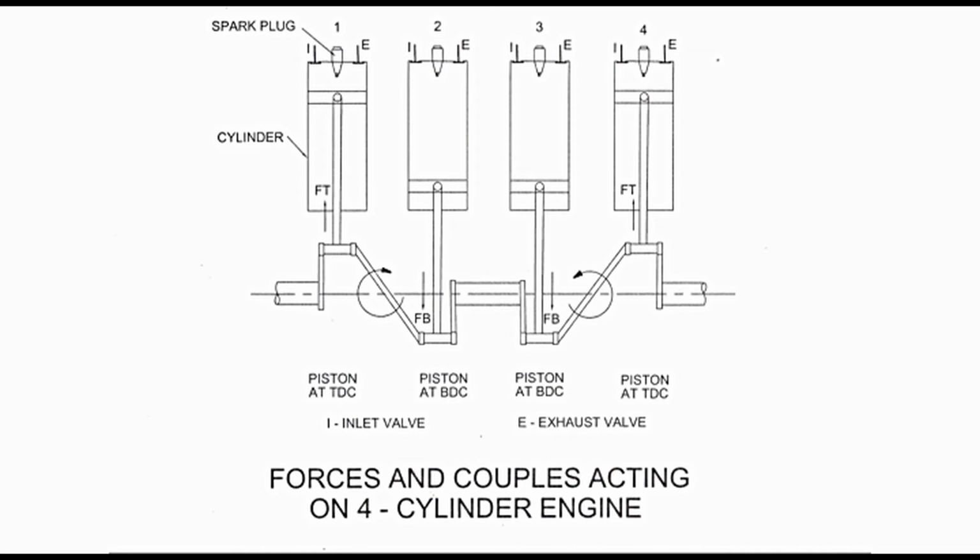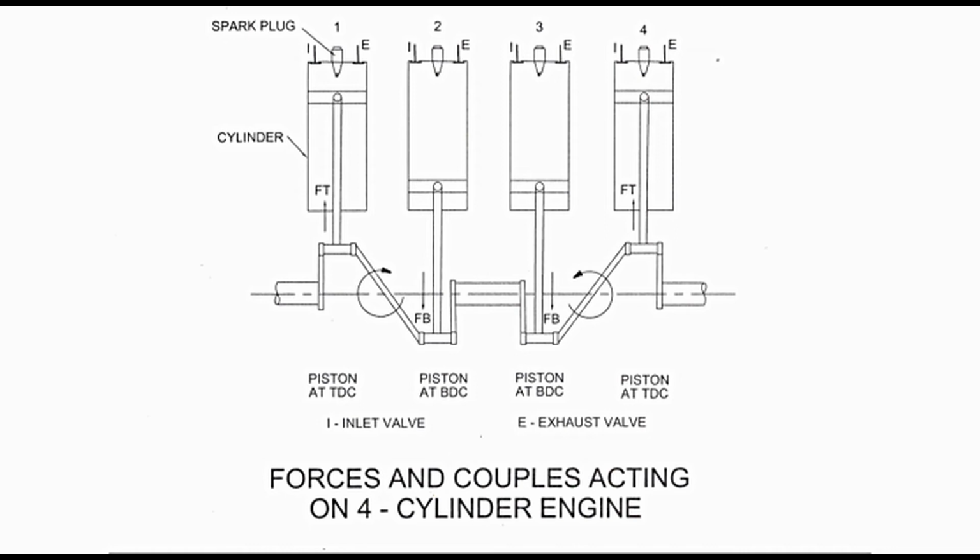The crankpins are 180 degrees apart in the crankshaft as may be noticed in the diagram. Force Ft is acting on the crankpins of cylinders 1 and 4 as shown. It is acting in the upward direction. In cylinders 2 and 3, force Fb is acting downwards. Ft is greater than Fb. The ratio between Ft and Fb depends upon the ratio of connecting rod length and crank throw or crank length.